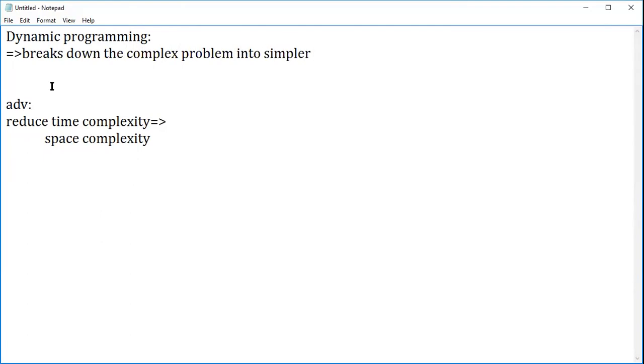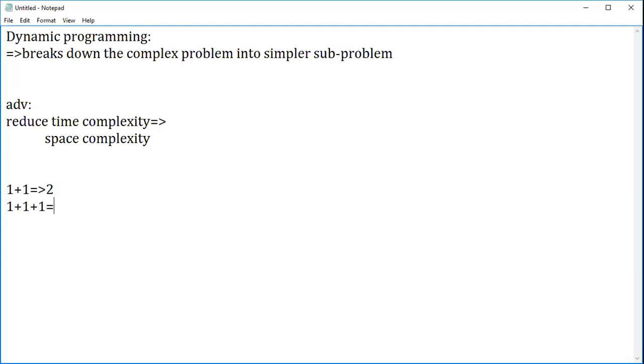You might think that even in divide and conquer you do the same thing, so what is the difference here? The same dividing of a problem into sub-problems happens here also. But in divide and conquer, we are not going to store the results of sub-problems. For example, if you do a summation of 1 plus 1, you'll store it as 2. Again, if you want to add 1 to it, what will you do?